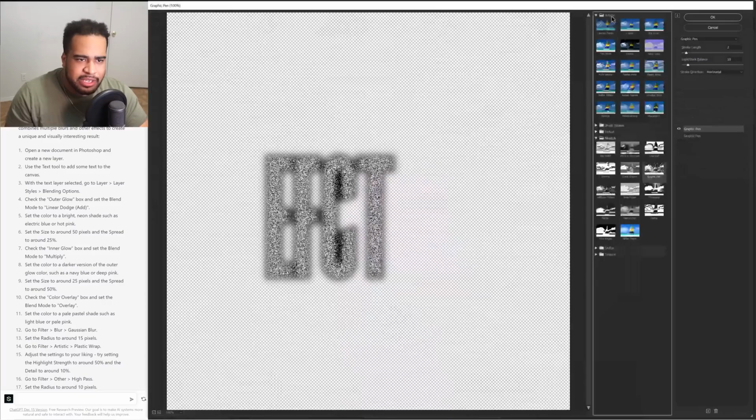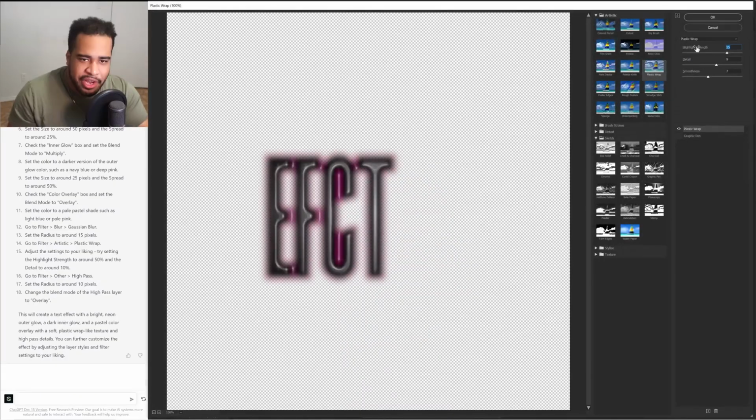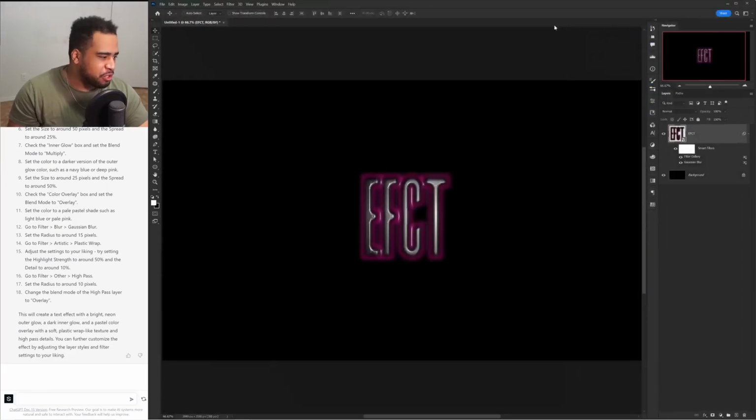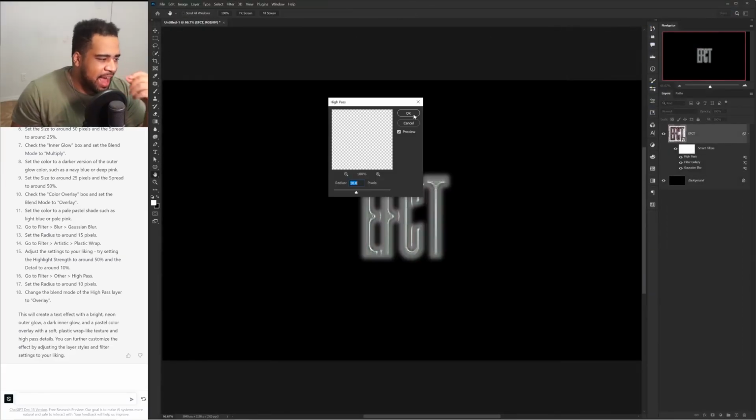Okay, where are we going? Artistic, plastic wrap. Strength is at 50? Can it even go that high? It can. And then the detail of 10%? Oh, highest only goes 20. I'm gonna just say the smoothness, maybe like something like this. Okay, now we're gonna go to filter, other, high pass and then set the blending mode of